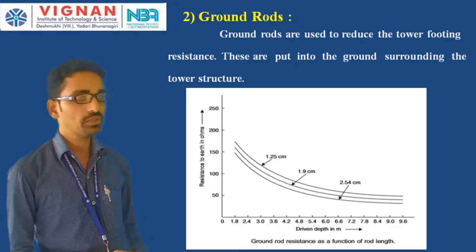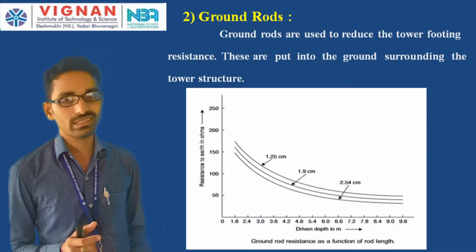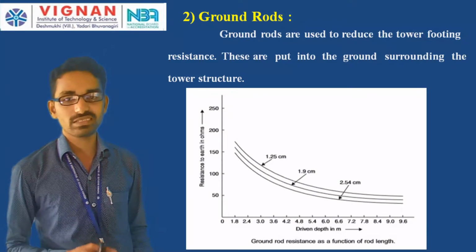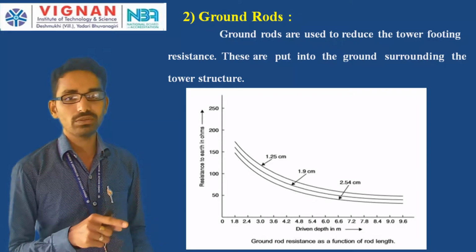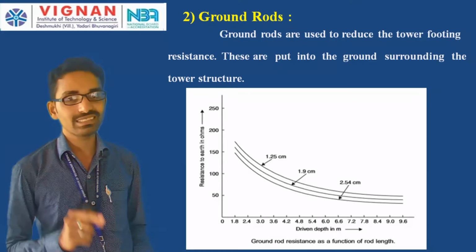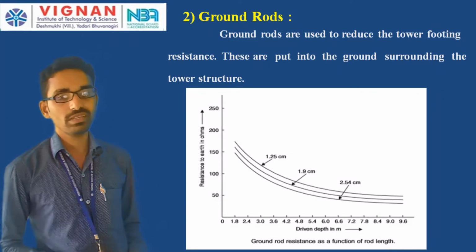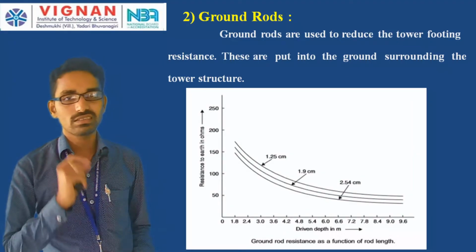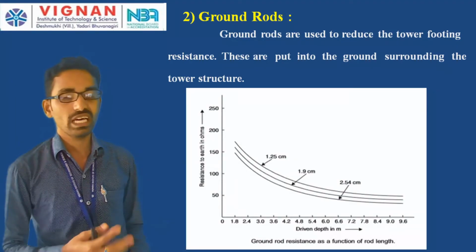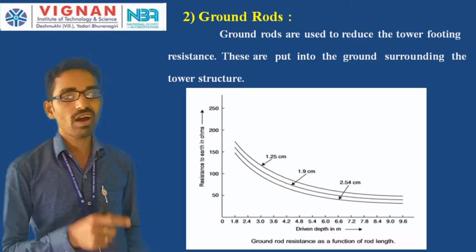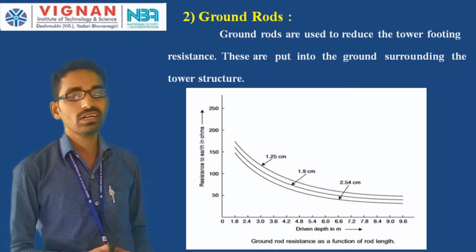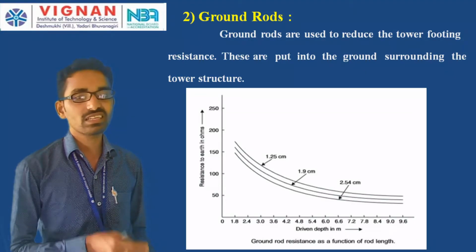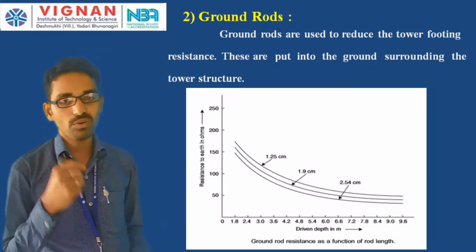The ground rods must provide a low resistance path. If we use larger lengths of ground rods, they are not going to provide low resistance, they are going to provide high resistance, because R is equal to rho L by A, and as the length increases, the resistance increases. But if we use small rods around that transmission or tower structure, the small length will provide low resistance, so it provides a low resistance path, such that the lightning is sent directly to the ground with the help of the ground rods.